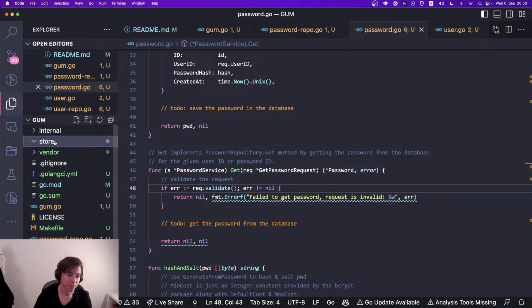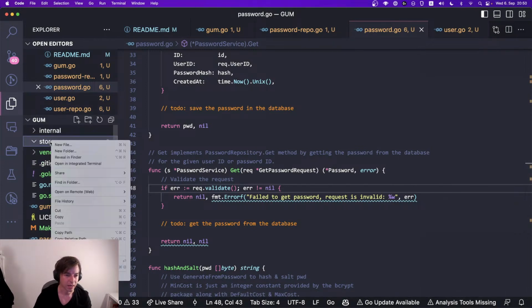So store should be an interface too. So we should be able to provide custom stuff there. And for that, what I would do is make